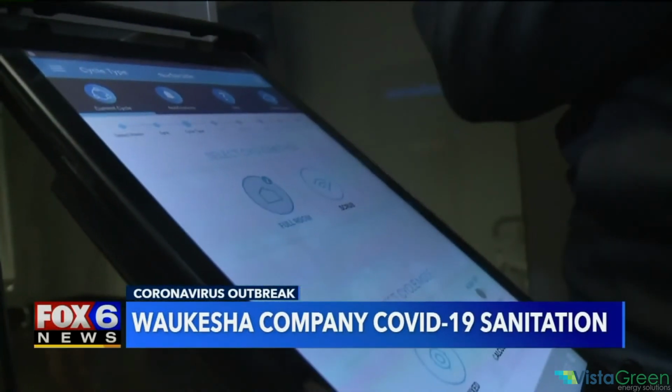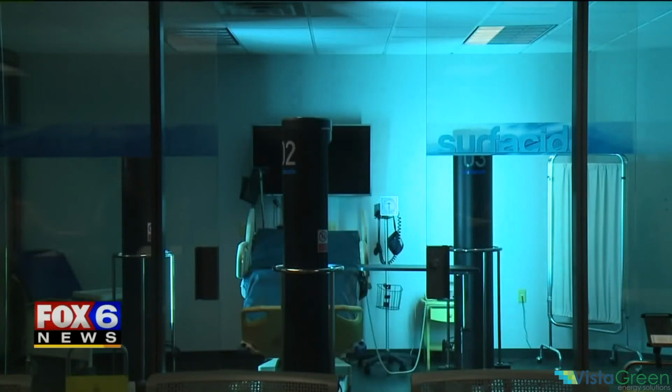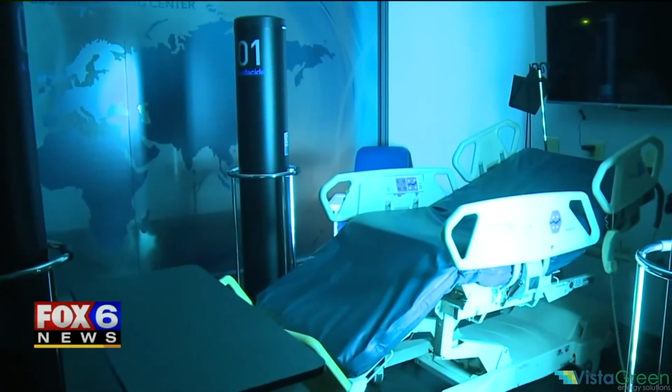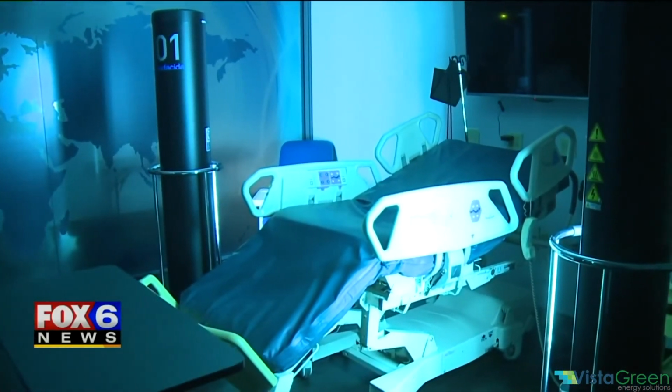So I'm going to select my full room mode. So now you see the lasers on the objects, on the floor. All of those surfaces that are above shoulder height that could still come in contact with the healthcare workers' hands are being treated. Bathed in light from these 3 rotating towers,